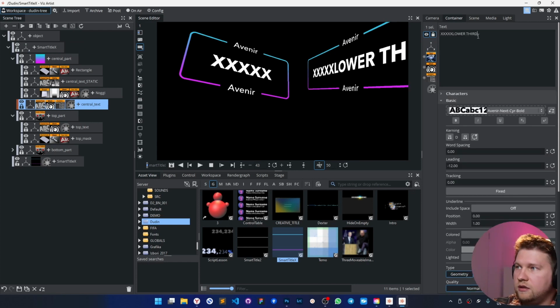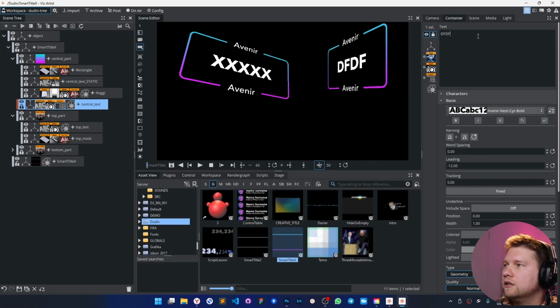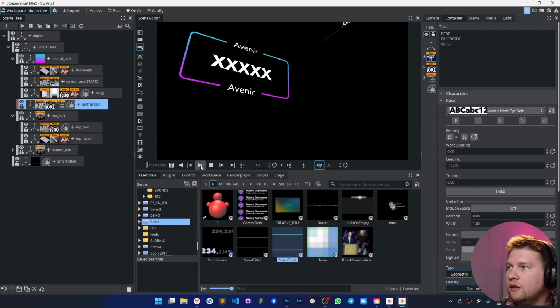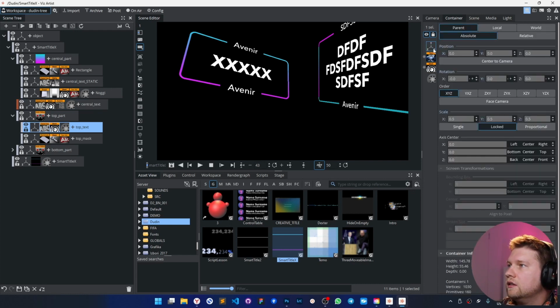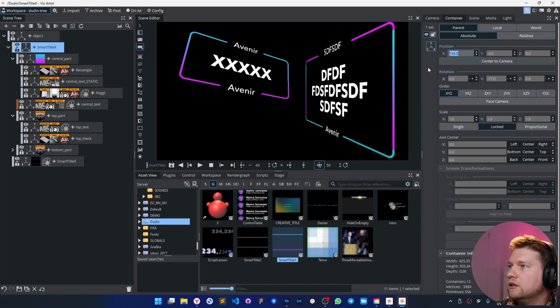Of course, this is the main idea why we did this template. So in these cases, everything will still work the same. And of course, I can change this text. Oops, let me move it to the camera a bit.